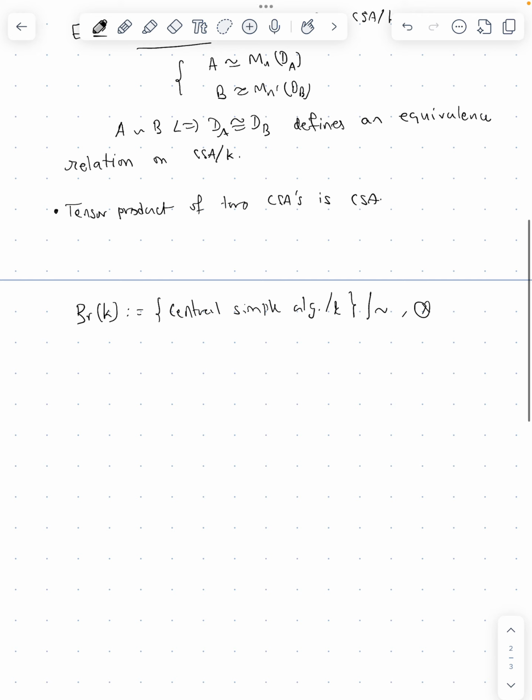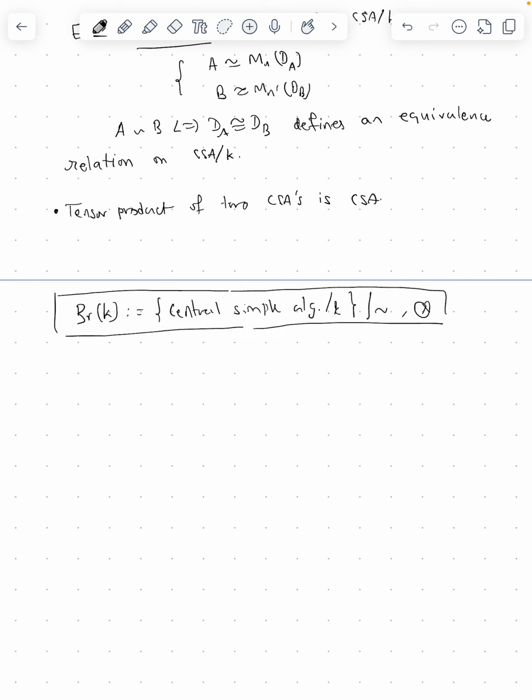So that will be my Brauer group of K. And because tensor product commutes, it's an abelian group. That is an easy observation. And as an example,